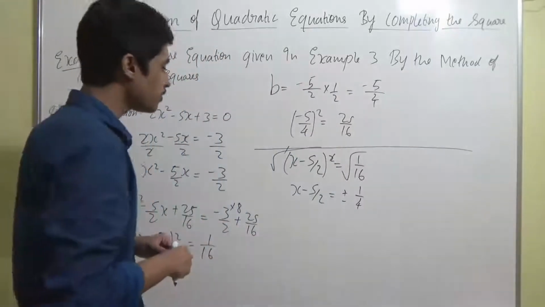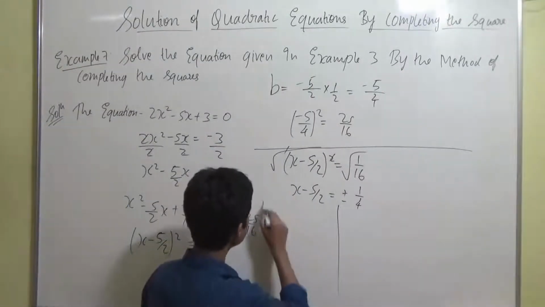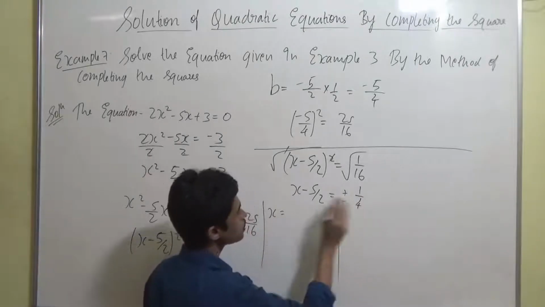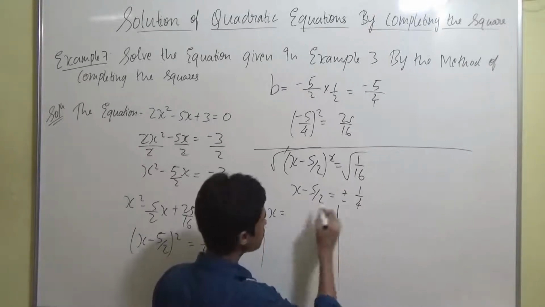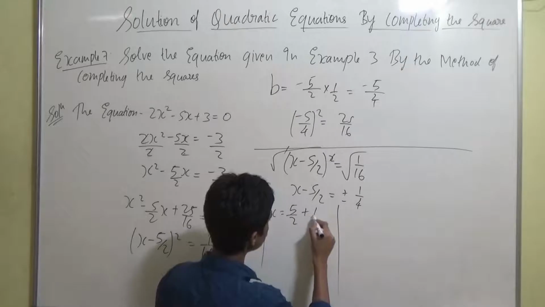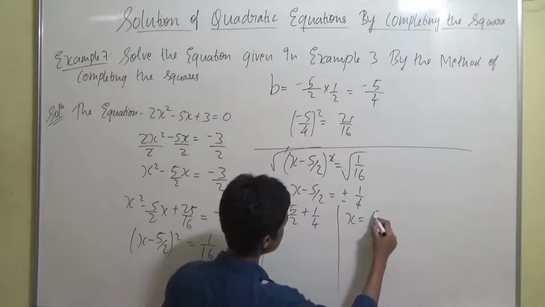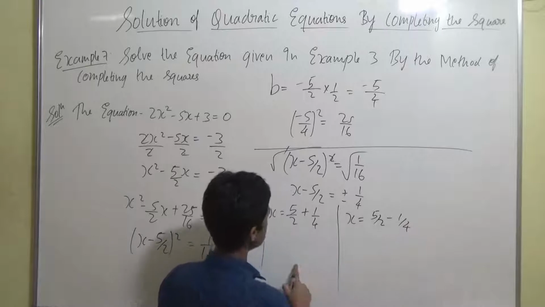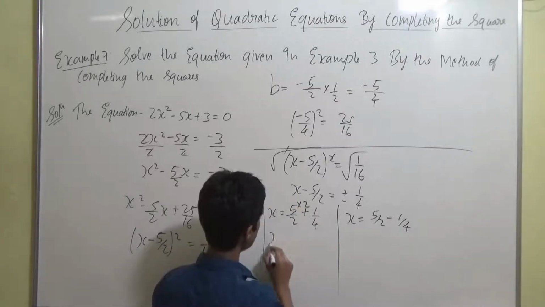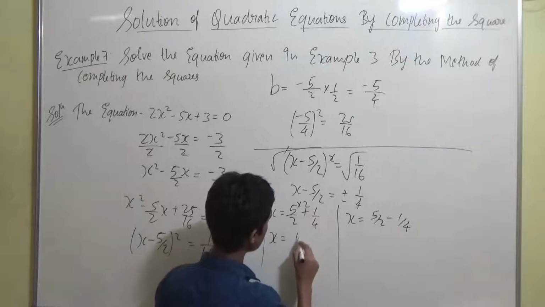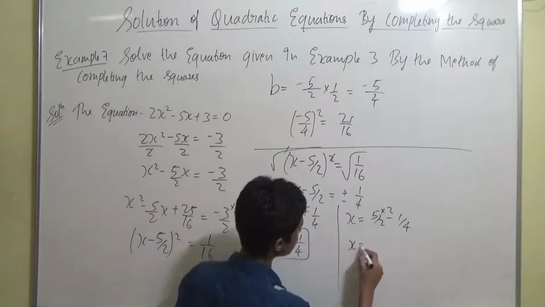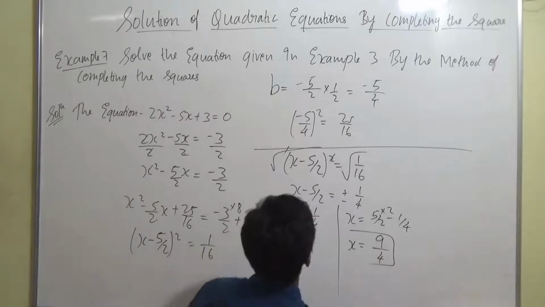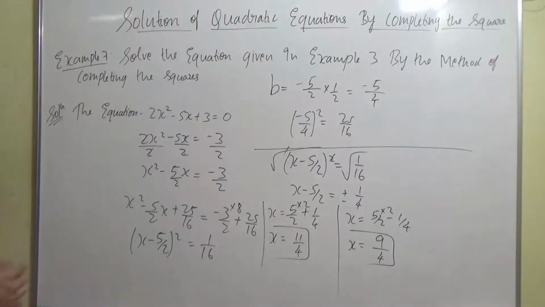Getting it? Now what we'll do? Now two values of x, plus one side and minus one side. x is equal to 5 by 2, 5 by 2 will go other side. So minus 5 by 2 will become plus 5 by 2 plus 1 by 4. And other value of x will become 5 by 2 minus 1 by 4. So this will become like into 2. If I take LCM and solve, x will become equal to 10 plus 1, 11 by 4. Right. Now again if I solve here, into 2, x will become equal to 10 minus 1 by 4. That is 9 by 4. That's it, guys. You got the value of x. That's what you wanted to find. That's the solution of the equation.